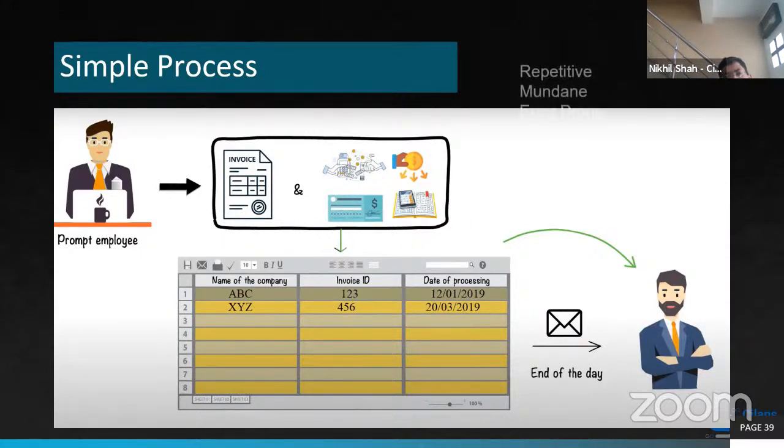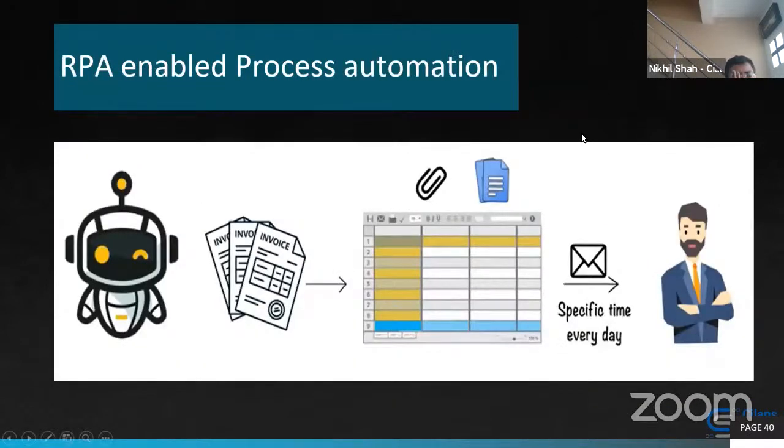And that is what is called RPA. Why is this relevant? All repetitive, mundane, and error-prone tasks will be taken over by something called RPA, Robotic Process Automation, which is highly driven by artificial intelligence. I have drawn this bot symbolically, but in actuality it is a software process which is trained to read these different invoices, and then it will do exactly the same thing which humans are doing.